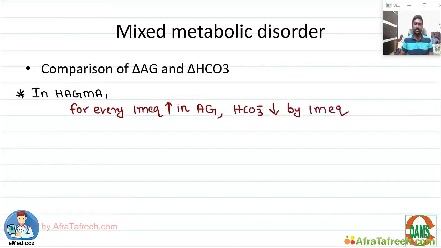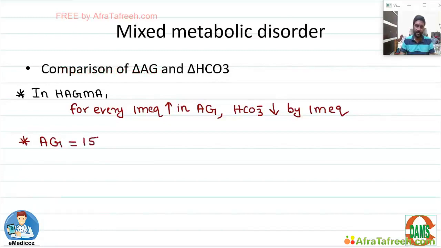This is called the relationship between increase in anion gap and decrease in bicarbonate. So in high anion gap metabolic acidosis, for every 1 milli equivalent increase in anion gap, bicarbonate generally decreases by 1 milli equivalent. So for example, if anion gap